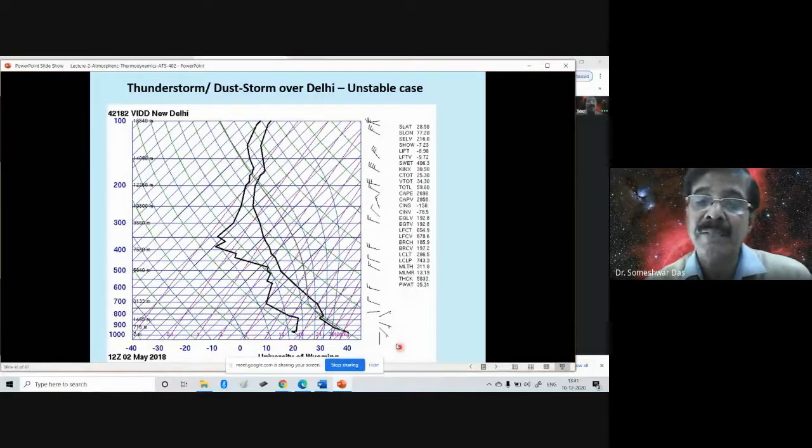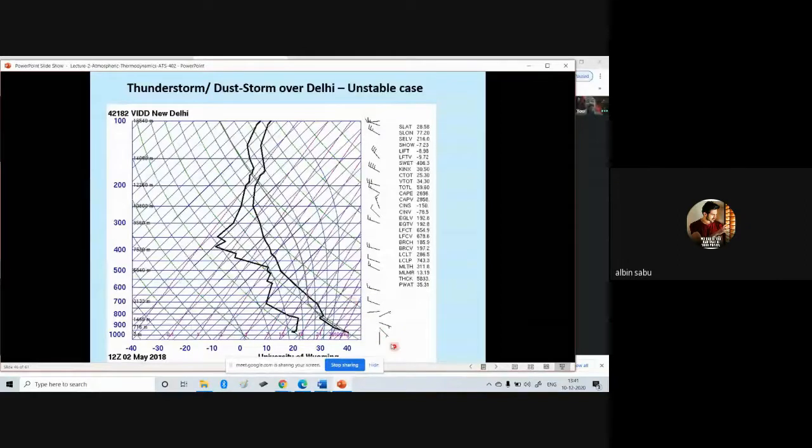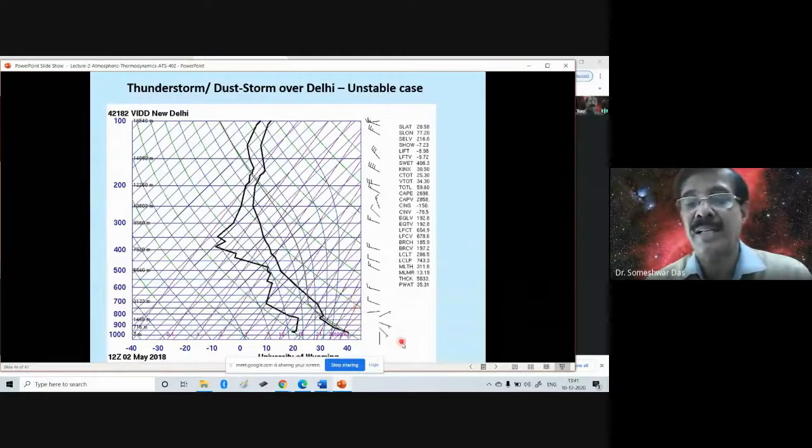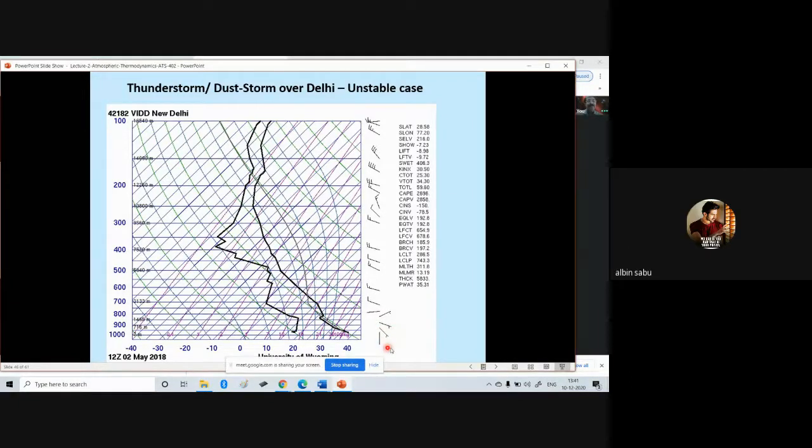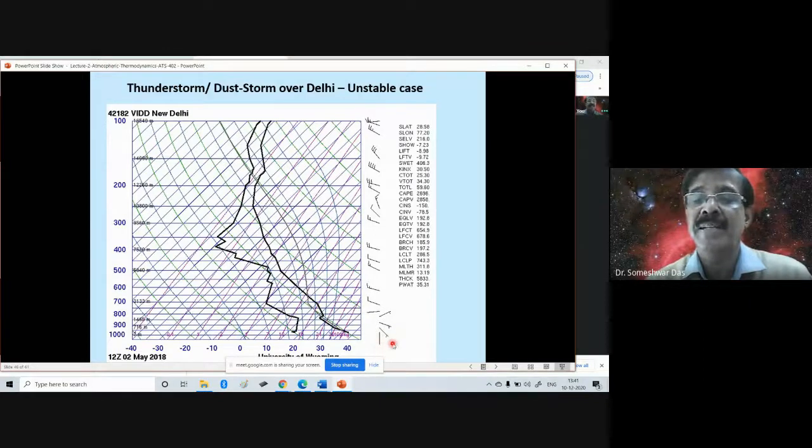That means this is what direction? Going from here to there? Southeasterly. Yes, so at this level, at 900 millibar, the wind is southeasterly, and how much speed? 5 knots, exactly. If you go further high, say approximately at 850 millibar, now the wind direction has slightly changed, although still it is southeasterly, and wind speed is same.